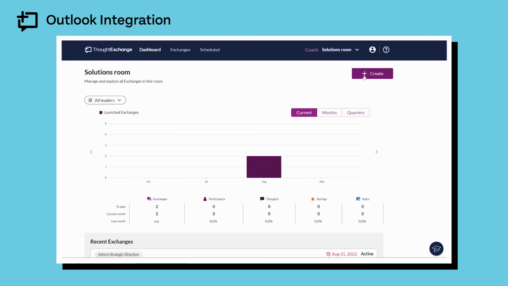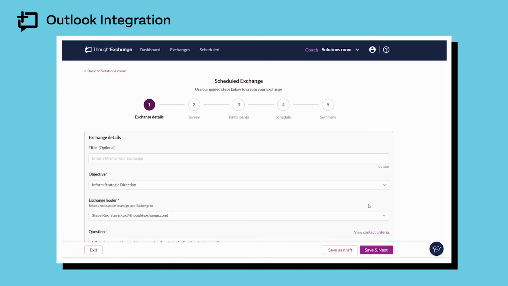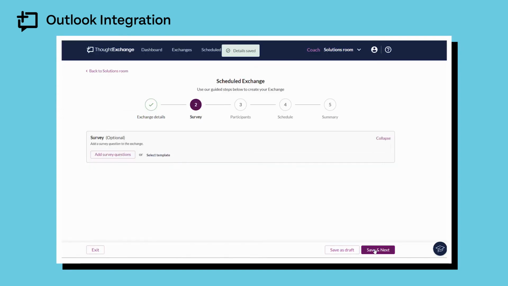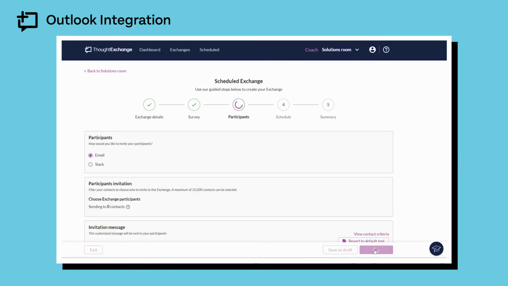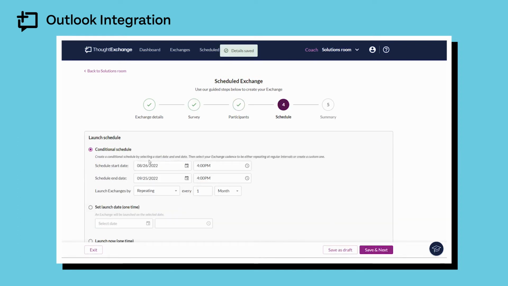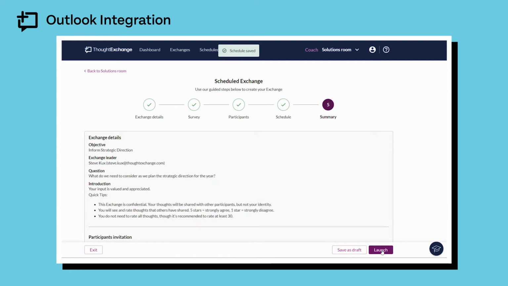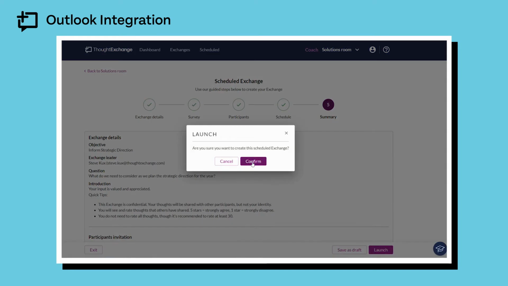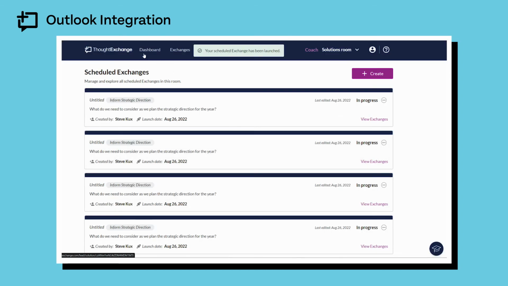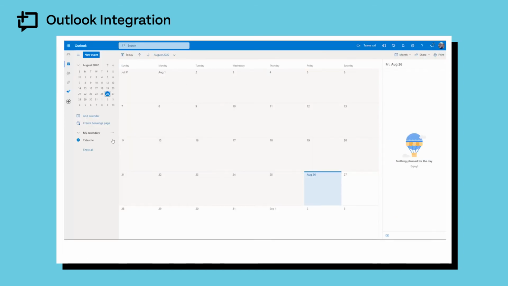Now, if I create a new exchange, we'll do this very quickly without filling in a lot of the details, except that we want the exchange to launch today. I'll click Next, I'll click Launch, Confirm, and now if I switch to my Outlook calendar, I may